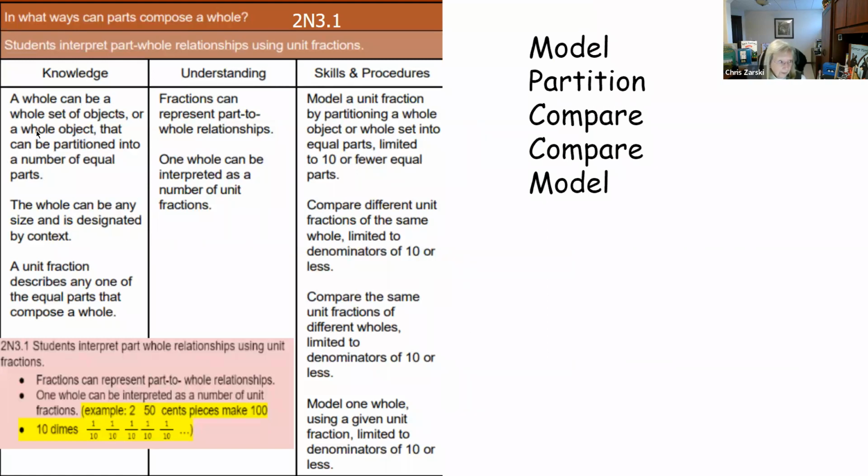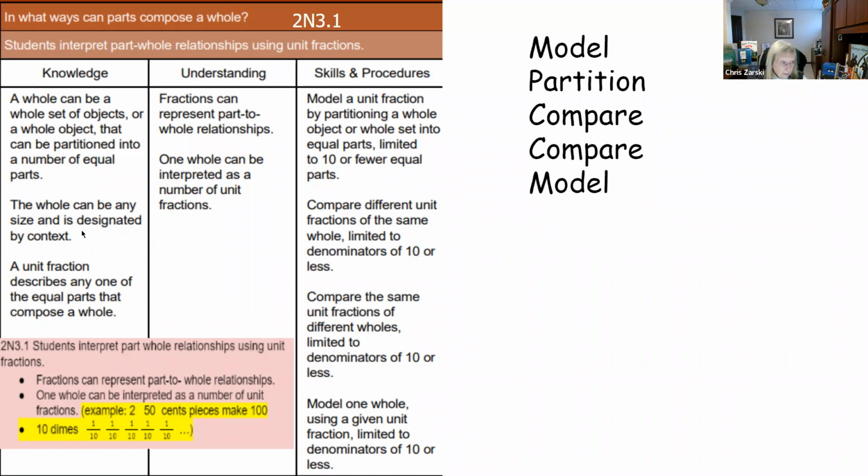So a whole number can be whole sets of objects, a whole object that can be partitioned into a number of equal parts. So that could be a part whole, could be more than 2 equal parts, not just 2 parts, could be more than that, but that they could be equal parts. And as we're talking about equal parts, that's kind of a precursor as we start sliding them into grade 3 when they're going to be doing their math facts, where we're talking about the addition of equal sized groupings, which eventually takes us to our math facts for multiplication.